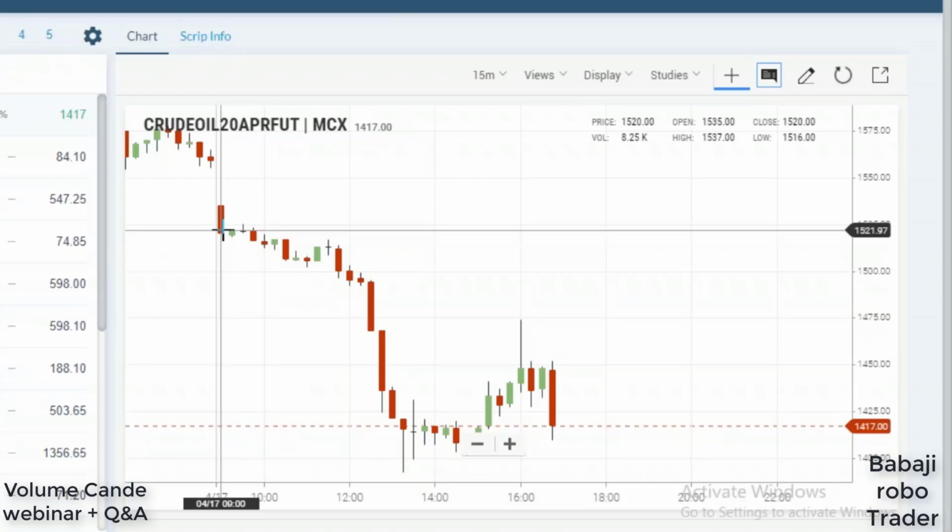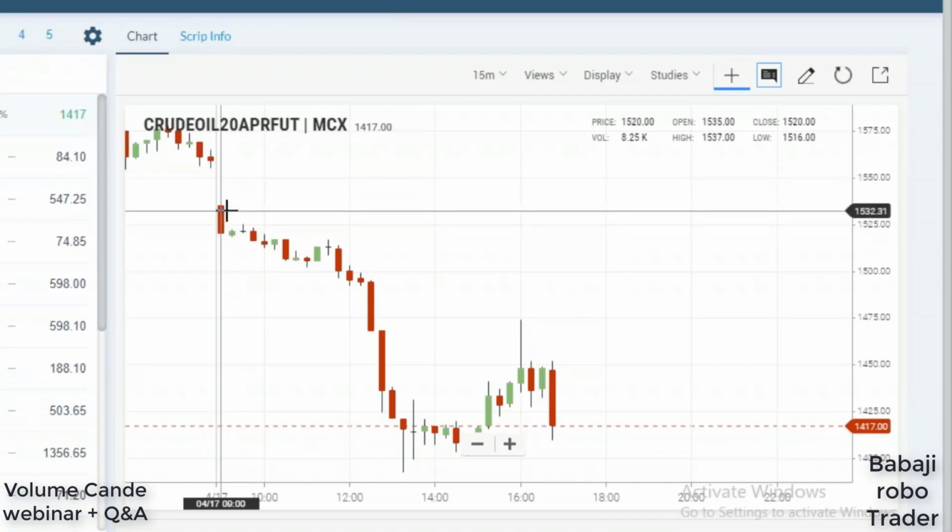First we are seeing the trend of that particular day. Suppose this is a crude oil chart. First we are seeing the trend. So trend means what is the opening trend? Suppose the market opens at a gap down, it means that particular day the mood of the traders is in sell. Suppose it opens gap up, it means the mood of the traders is in buy.